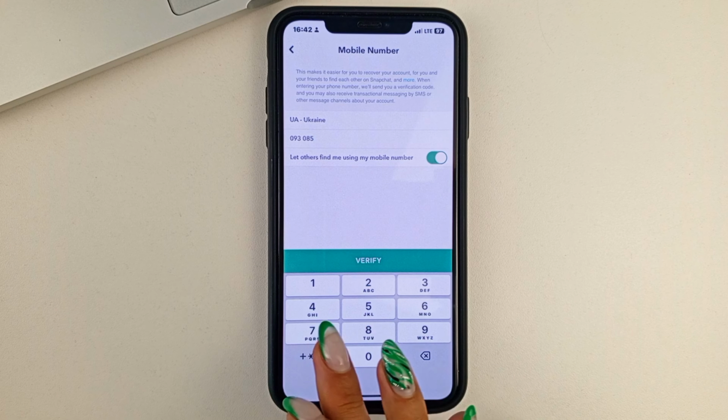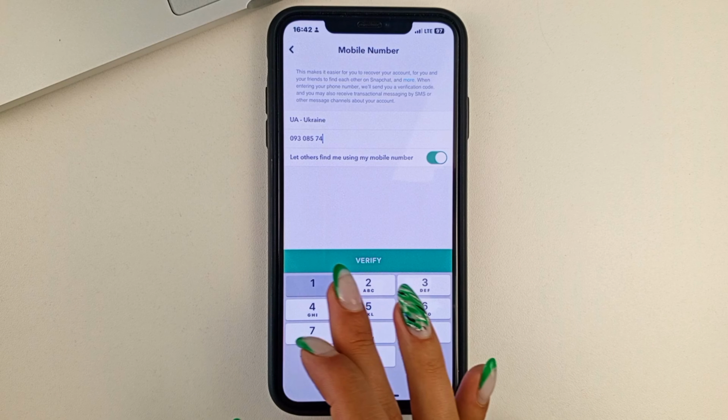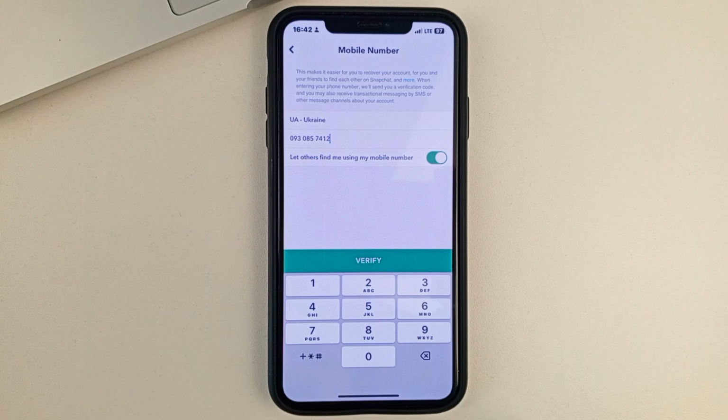For that, you see the new number. Then friends, when you change your current number, you need to click just here to confirm your number. Next, you will get an SMS with a code to your phone number that you will need to enter into the Snapchat app to confirm that you are indeed doing this action. And this way you will remove your old phone number from the Snapchat app.